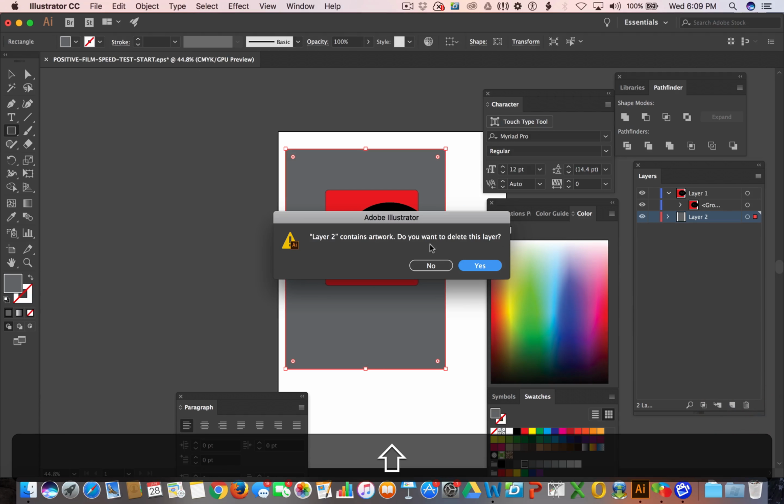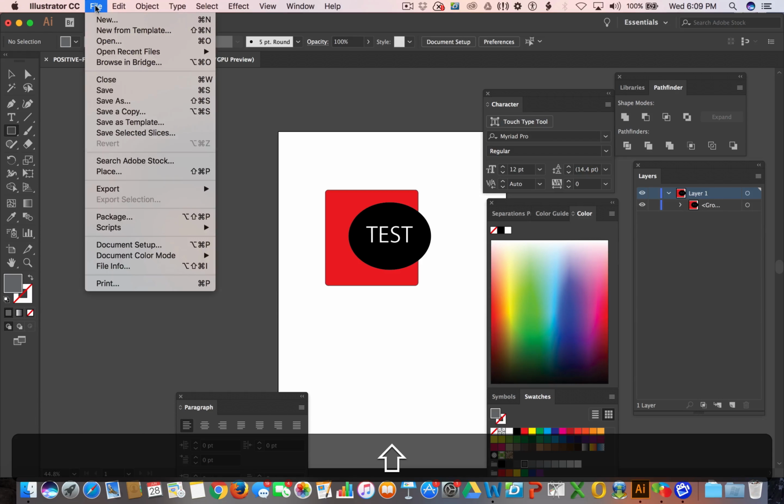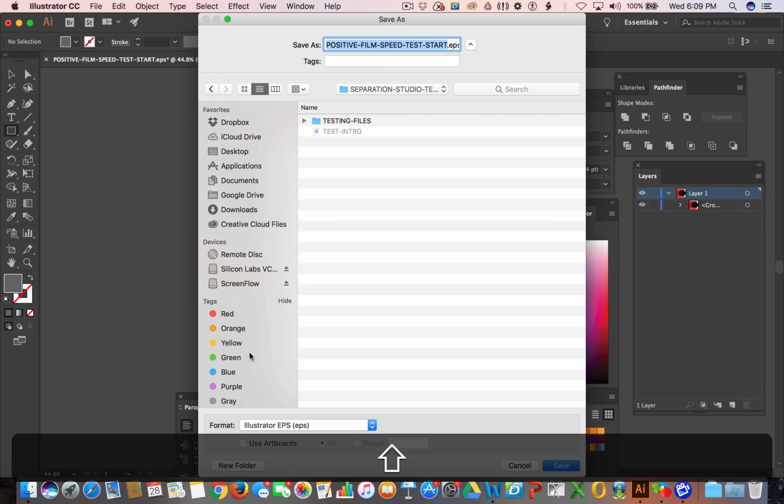Now, I'm pretty new to Adobe Illustrator. I'm really good with Photoshop, but Illustrator is new to me, so this is something I'm working on. All right, so